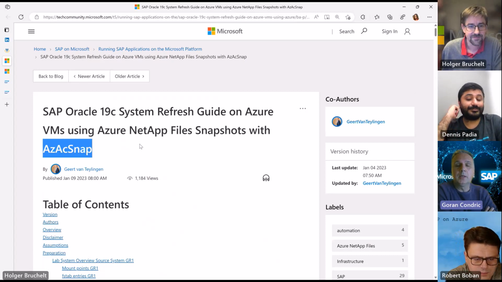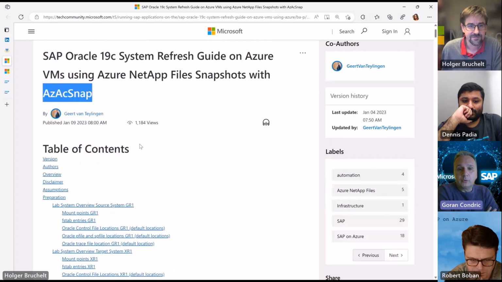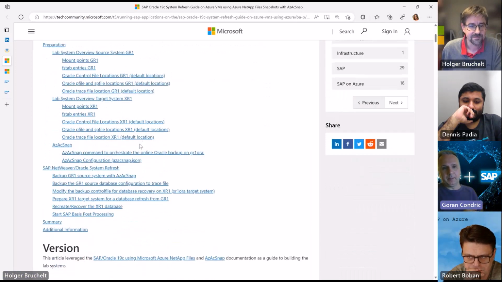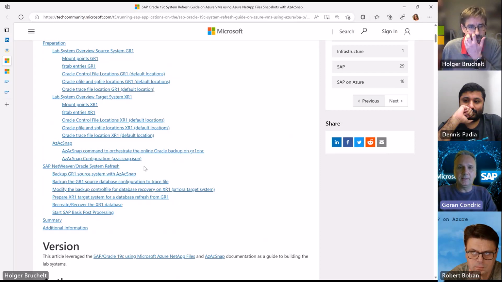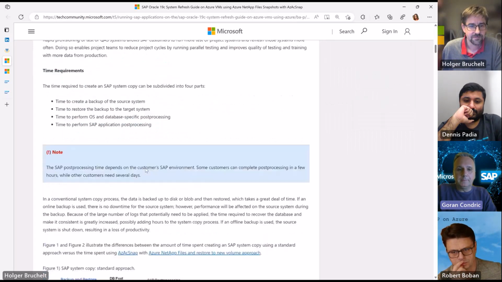And he's talking about how to use this with Azure NetApp to do the backup, and also to do a scenario like a system refresh. So system refresh will basically back up the original database from a productive system, and restore it on a dev test system, so with the same data. And he is also showing, if you go a bit down, how